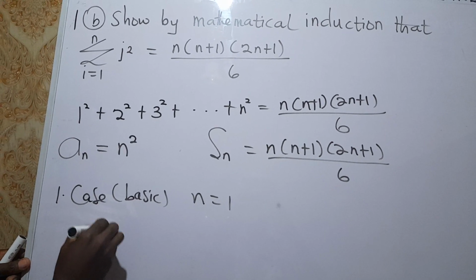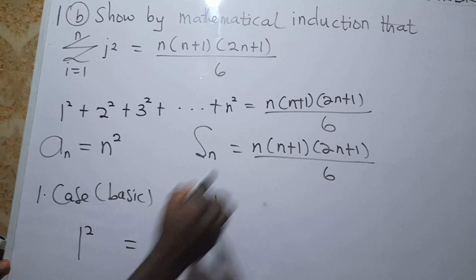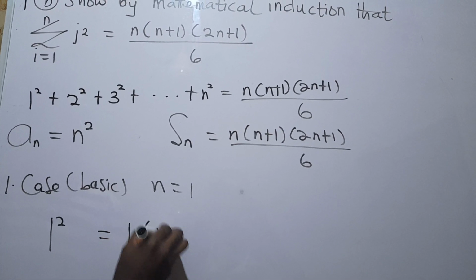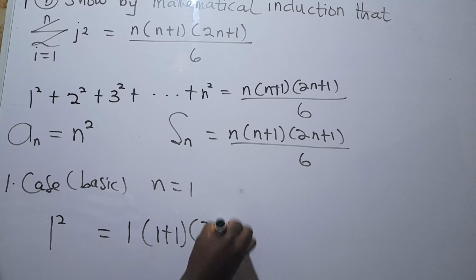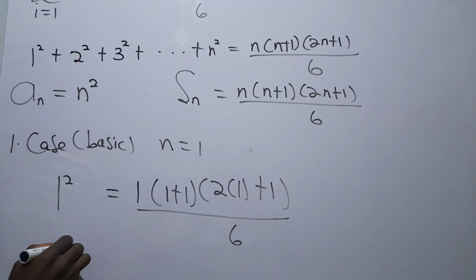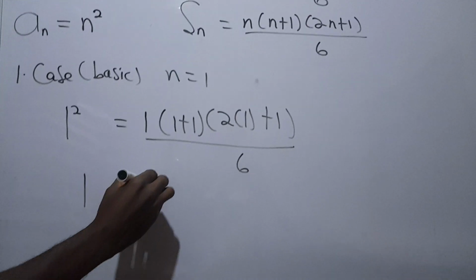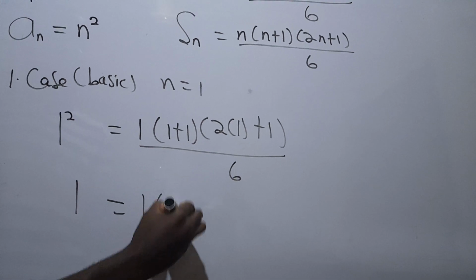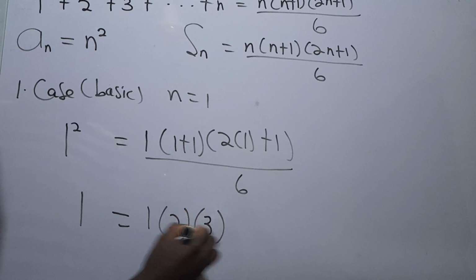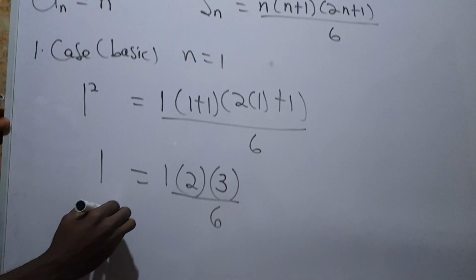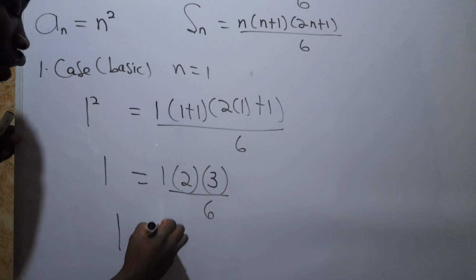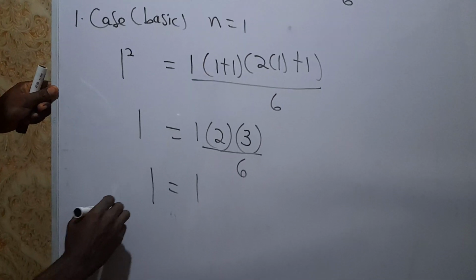So our 1 squared should be equal to, now we substitute n equals 1, 1 times (1 plus 1) times (2 times 1 plus 1) all over 6. 1 squared we know is 1. Should be equal to 1 times (1 plus 1 is 2), 2 times 1 is 2, plus 1 will be 3, over 6. So 1 should be equal to 1 times 2 times 3 is 6, divided by 6 will be 1. So we realize that it's true